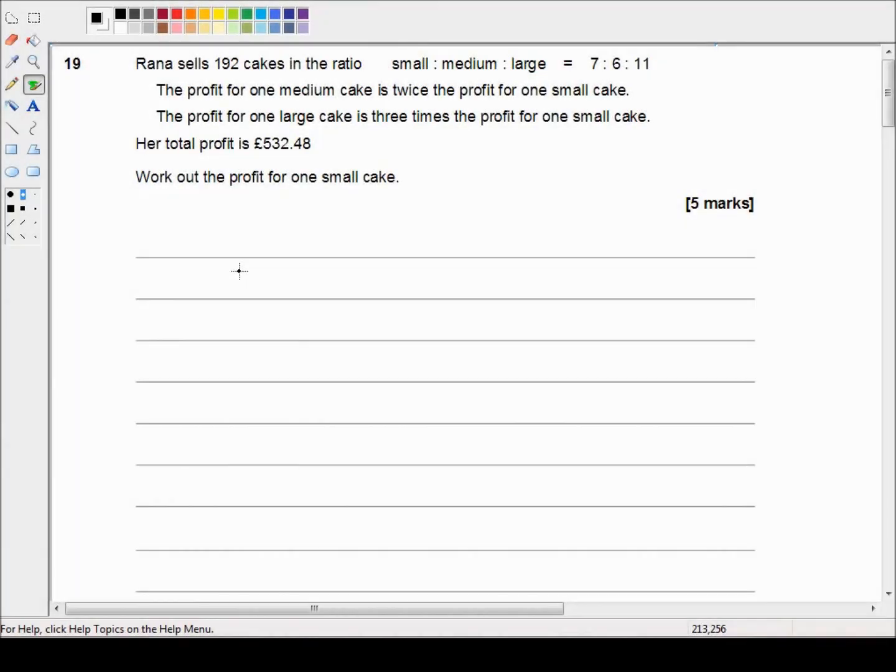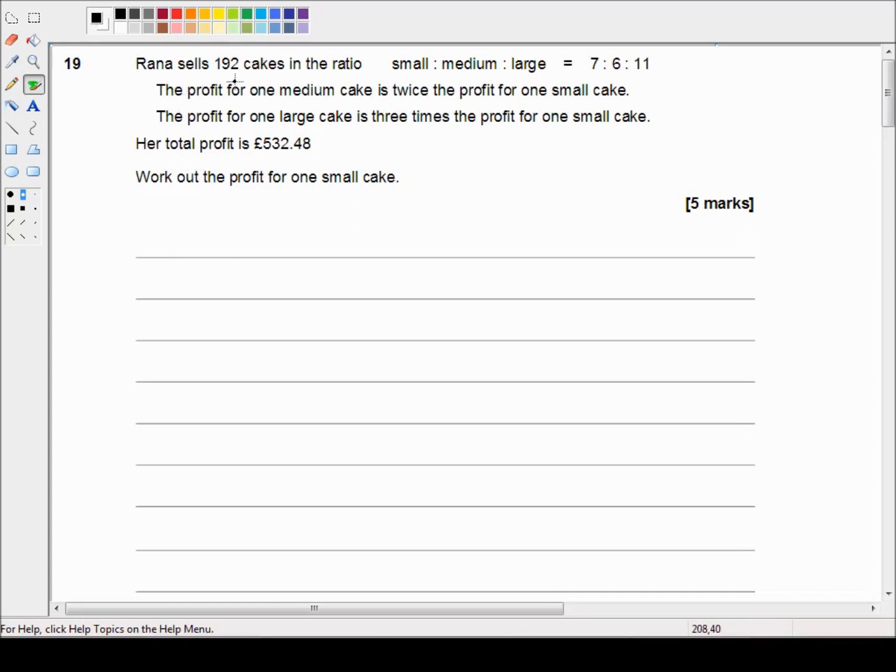Hello and welcome to another AQA GCSE revision video. In this video we're looking at question 19 from the second paper of the higher tier of the June 2017 past papers. This is a calculator paper, so we are allowed to use calculators, and we're picking up in question 19, which reads: